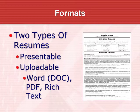Let's talk a little bit about resumes for a second. Most of you at this point in your college careers have a resume, a standard bulletized type resume that helps you appear at a job site or go to a job fair or present during an interview. What we want you to work on for a federal job is a different kind of resume, a resume that's